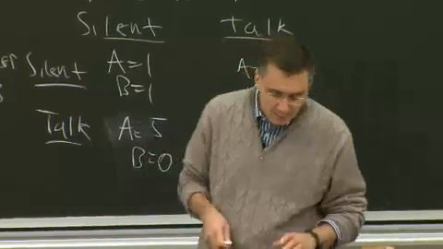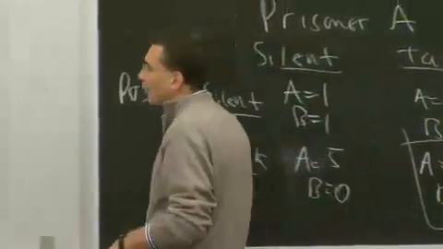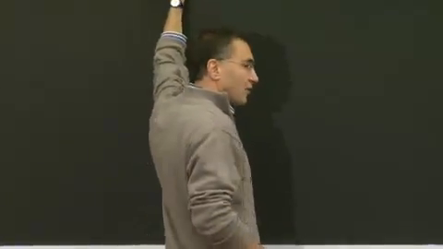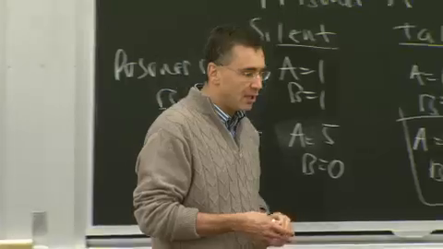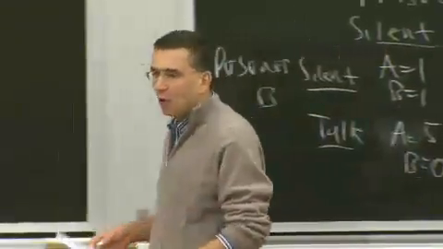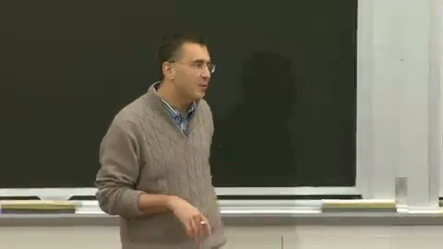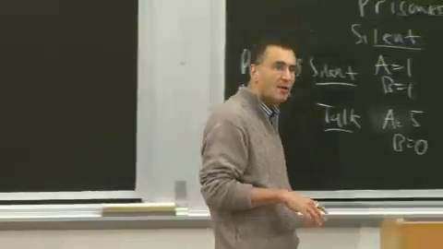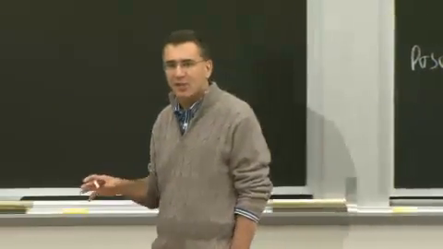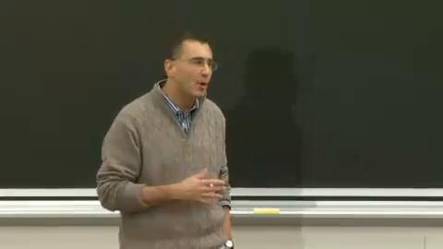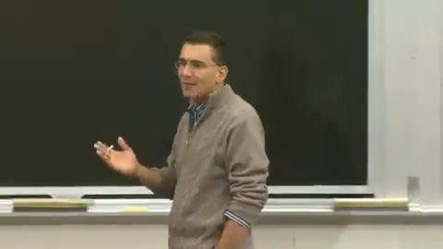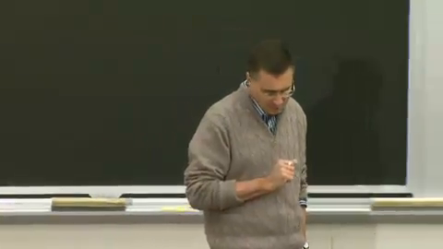Okay. Now, this is not just a cute example that you can use for prisoners, but actually explains firm behavior in many contexts. So the best example I like to think of is advertising. Okay? So imagine Coke and Pepsi, and imagine a world where Pepsi was as popular as Coke. That should never happen. Coke's way better. But imagine that world. So imagine a world where if there was no advertising, then basically Pepsi and Coke would split the market 50-50. Okay? Imagine that setup. So if Pepsi and Coke could agree not to advertise, they'd split the market 50-50.